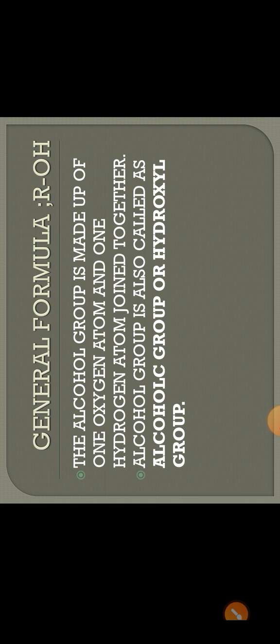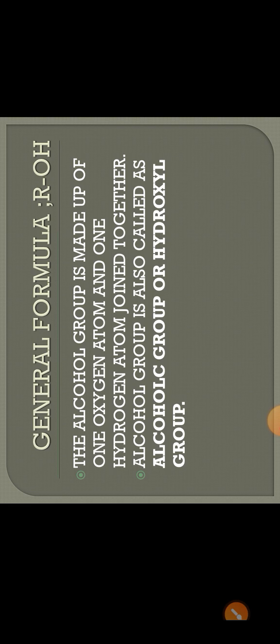Hello students, today let us learn about the next functional group, that is alcohols. The alcohol group is made up of one oxygen atom and one hydrogen atom joined together. Alcohol group, another name is called as alcoholic group or hydroxyl group. So here we are actually talking about functional groups,